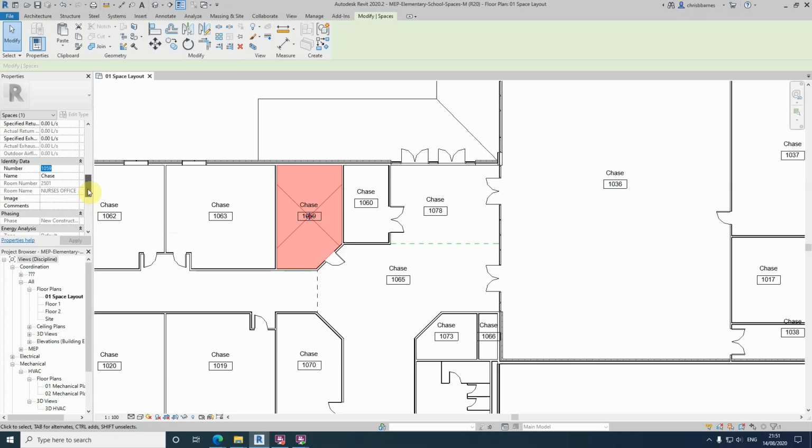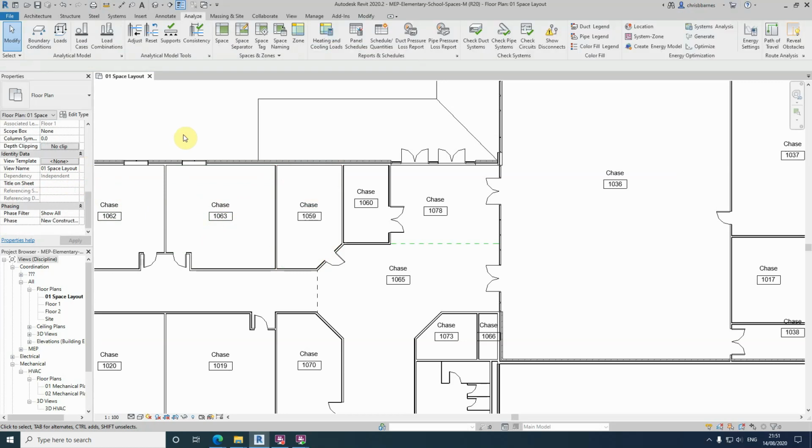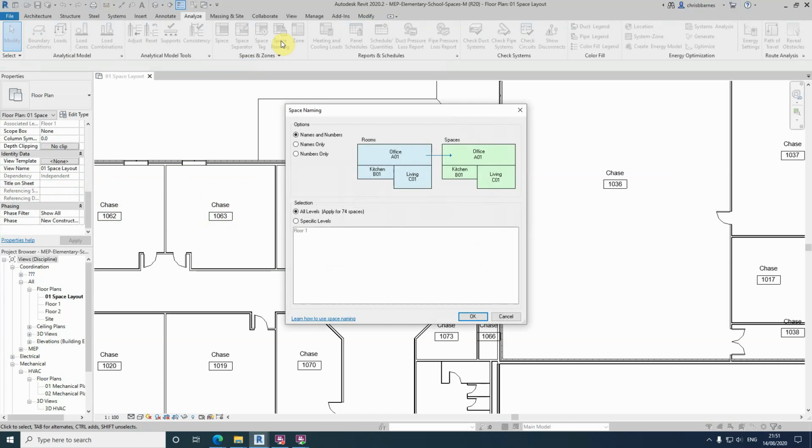Now, with regards to naming the room and numbers, we wouldn't go along and change each one individually. What we can do, however, is utilize this architect's room name and numbering, and we make our spaces match. And there's a quick way of doing this. All we need to do is use this space naming tool here, and we get this pop-up. And as you can see,